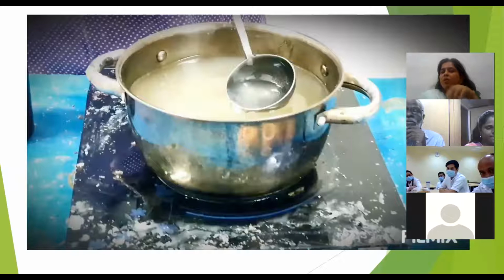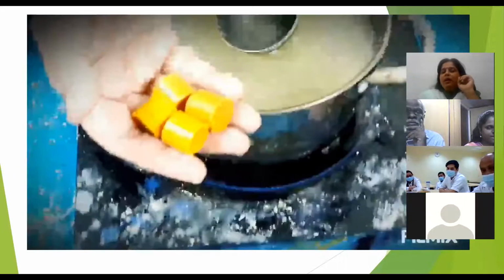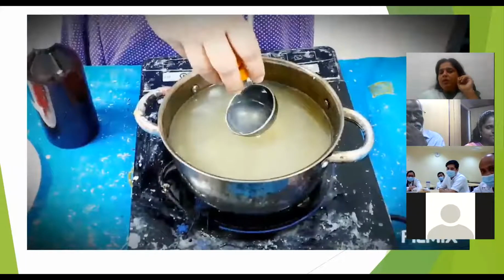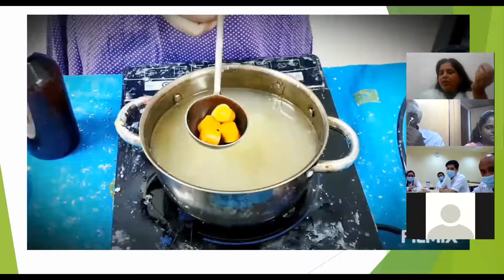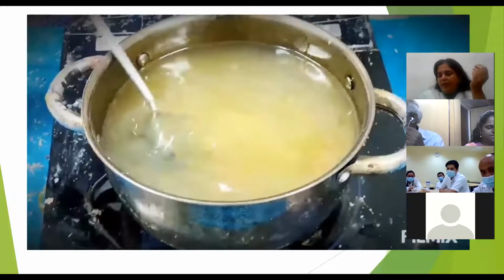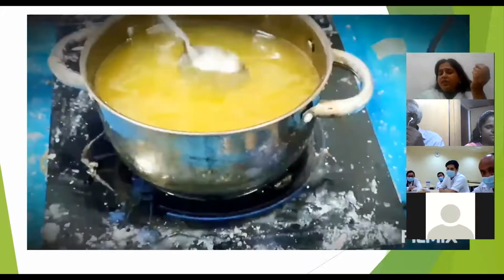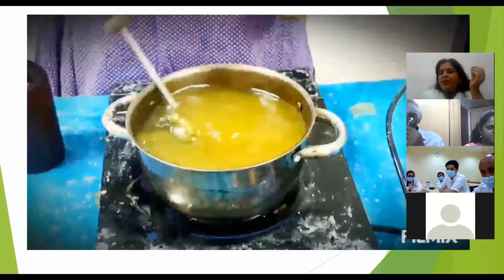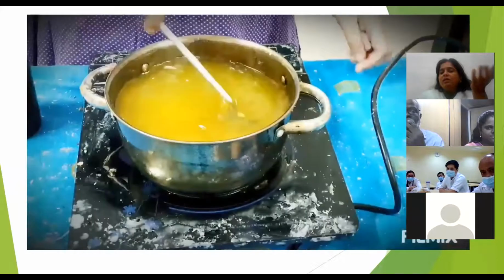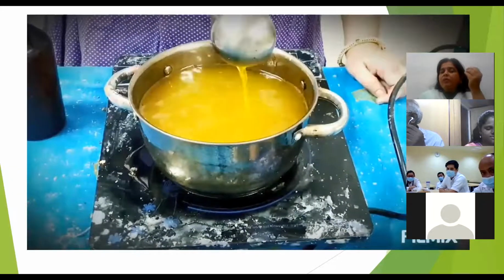So now you can see the whole wax is melted. Now you can add the color. Color, what is the proportion? The choice depends on the customer, or on you, how much color you may need. But you have to be very gentle while dropping the color pellets, because the chances of the wax spilling are high. So we have to be very careful.